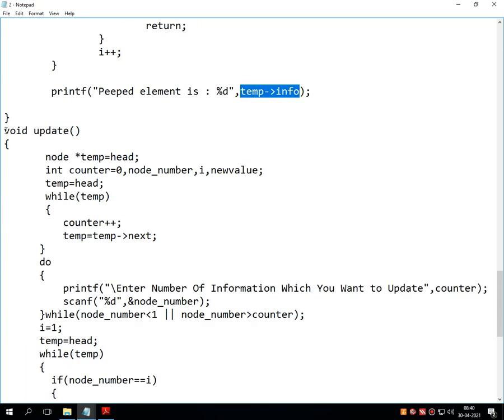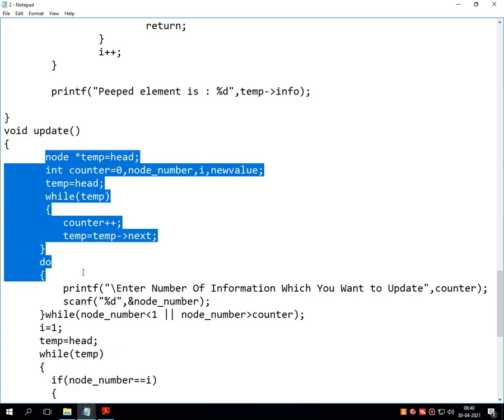Similarly, the update operation works, where first the location is found. If that location is less than 0 or greater than the total number of elements, it shows relevant error messages onto the screen like stack overflow and underflow.